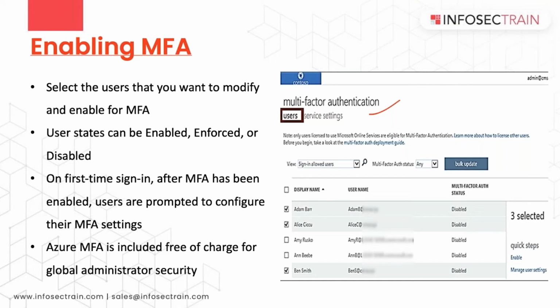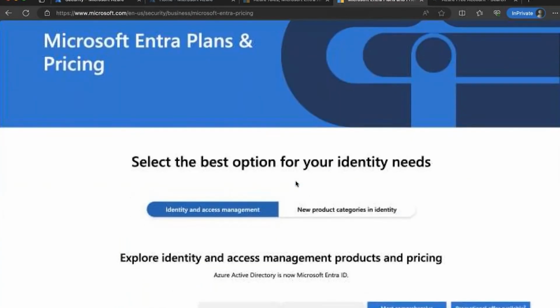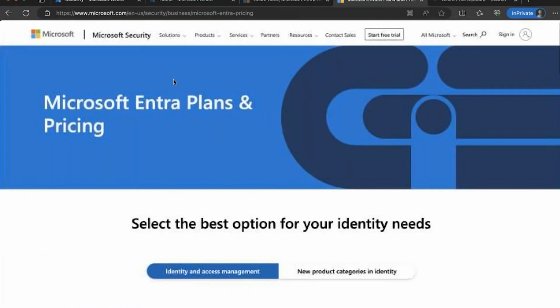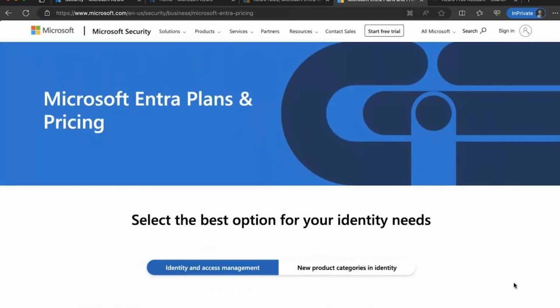Now, if I take you to the page of the Entra plans, here are some of the plans. We have the free tier, we have Entra ID P1, which costs $6 per user per month. We have the Microsoft Entra ID P2 license, which costs $9 per user per month. And then there is the identity governance feature, Microsoft Entra ID Governance, which costs $7 per user per month. If you want to get a good look at the Microsoft Entra plans and pricing, I'm going to drop